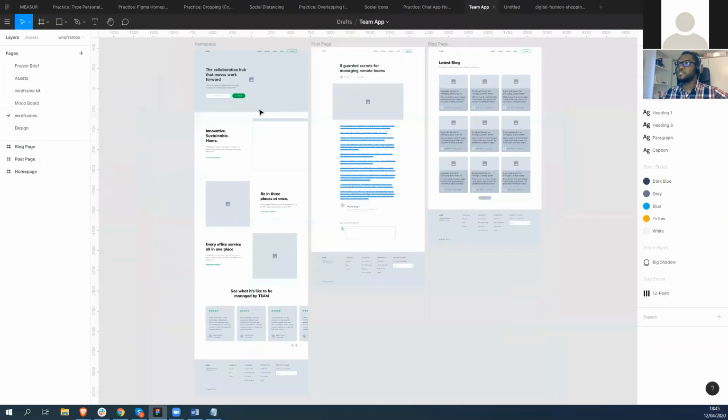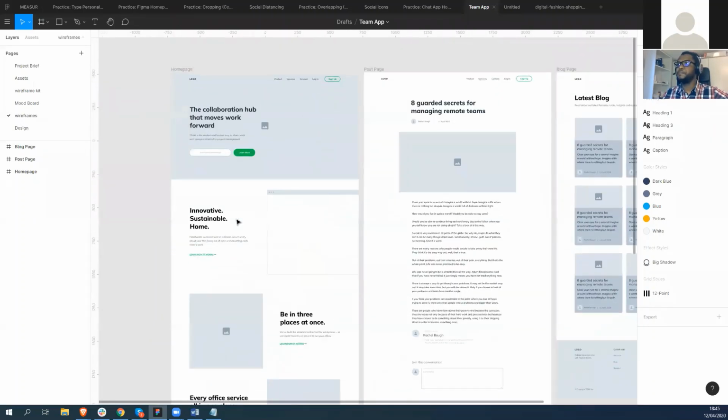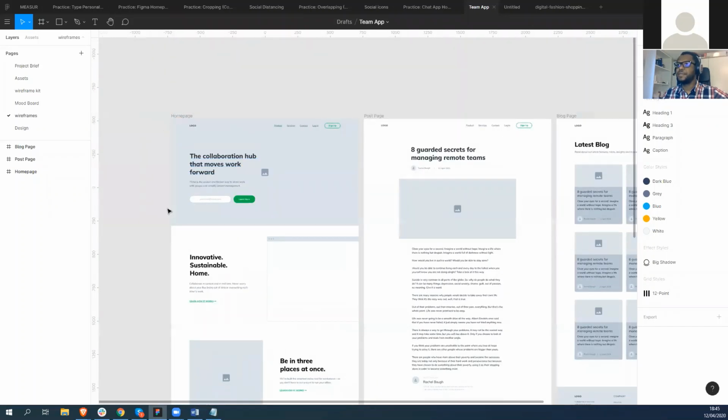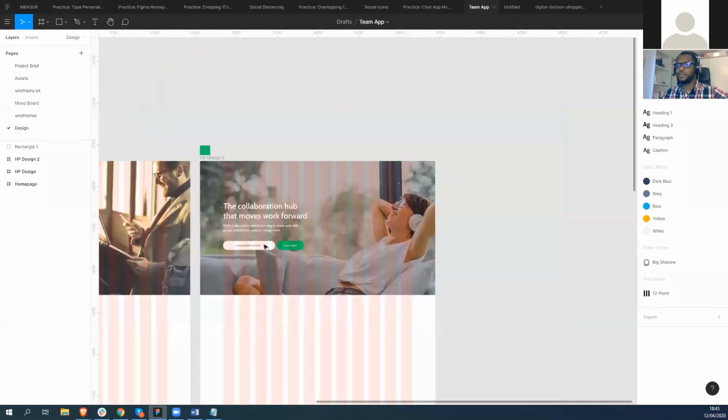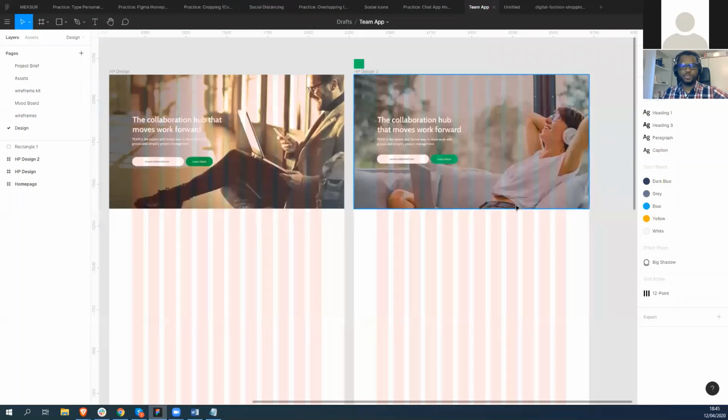So this is the wireframe. First you do the wireframe. All right. After the wireframe, as you can see, this is the navigation, the hero page, and then you start with the design. So I already started with the design, but I'm having a problem